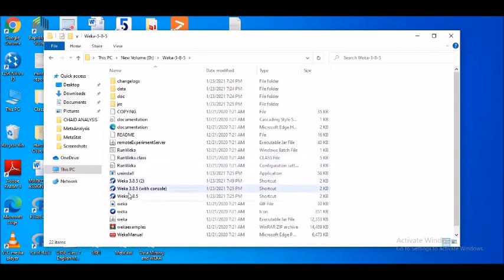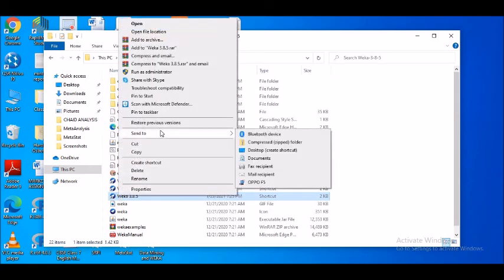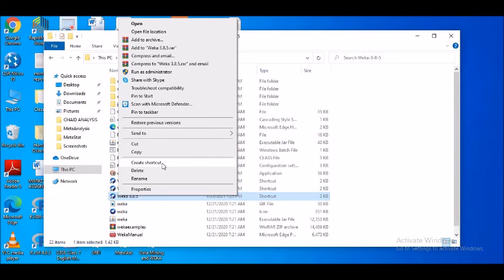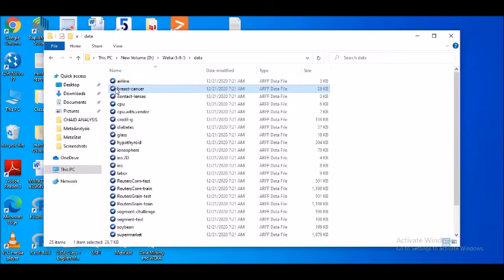You see, initially the entire GUI is saved in the document, the D folder, and I would suggest just click on this one. The one that you have got out here, and after clicking it from the right hand side, you will see it will be asking you to go ahead and create a shortcut. So you can create the shortcut and place it on the desktop.